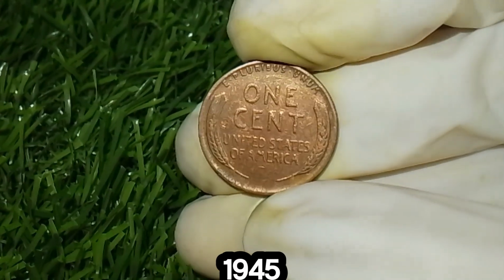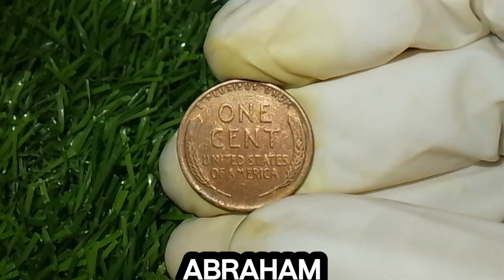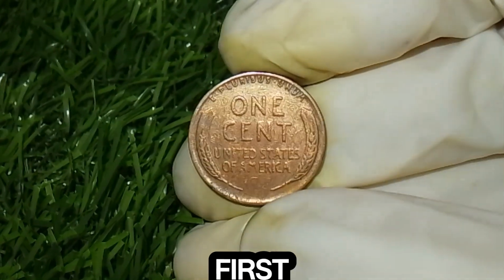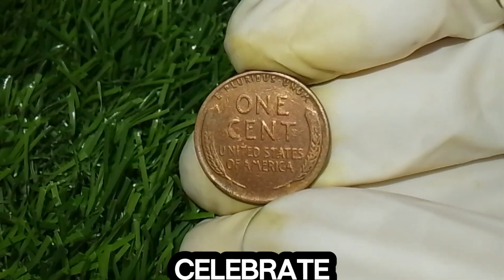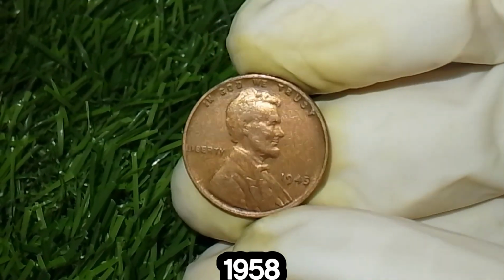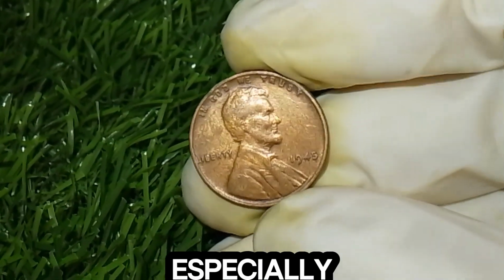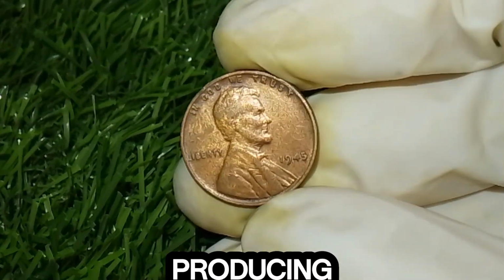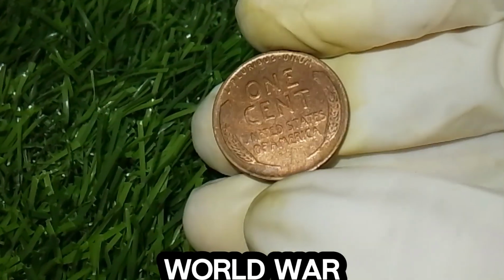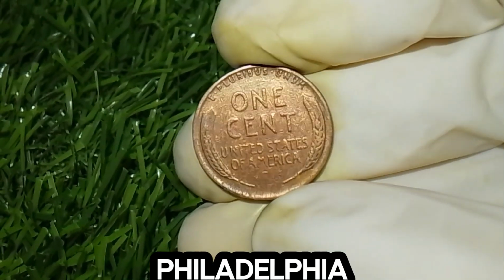The 1945 wheat penny belongs to the Lincoln cent series, featuring the iconic image of President Abraham Lincoln on the obverse side and 2 stalks of wheat on the reverse, a design that was first introduced in 1909 to celebrate the 100th anniversary of Lincoln's birth and remained in circulation until 1958, and during the mid-1940s these coins were struck in huge numbers, especially because the United States Mint was producing billions of coins to meet the needs of a growing economy during and after World War II, with 1945 alone producing over 1 billion pennies across the Philadelphia, Denver,